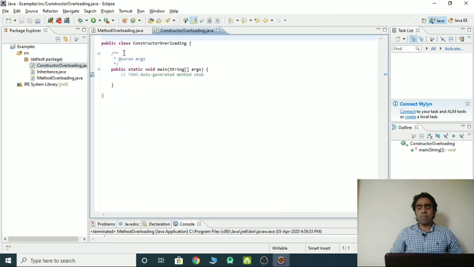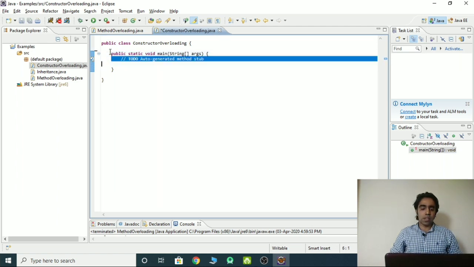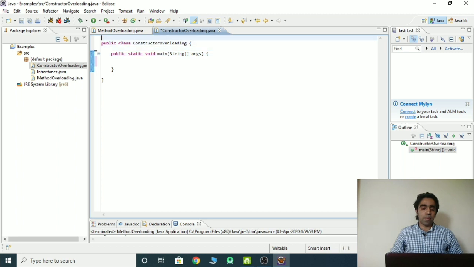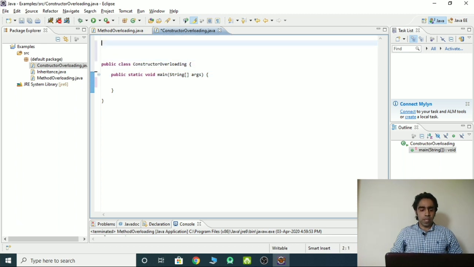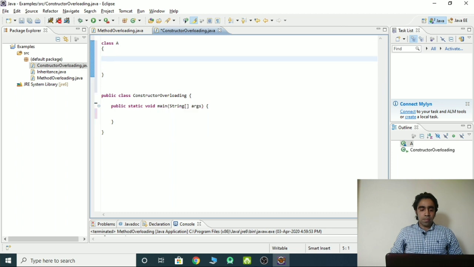Now this is the next example, constructor overloading. In this, I'm going to create a constructor and overload it, and we will try to call it. So I'm going to create a new class. No error. One class is A, one is ConstructorOverloading.